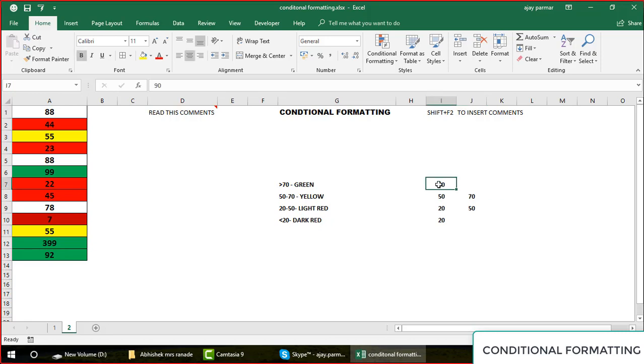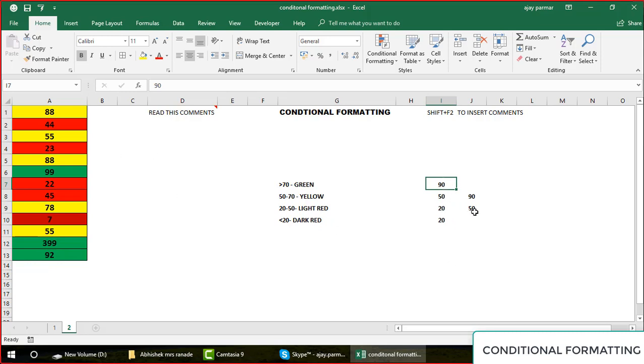If you say that greater than 90 here, then obviously the other target would be 50 to 90. So we will make this 90, right? I press enter, and now you can see the colors will automatically come, because now we are saying 50 to 90 should be yellow, and then greater than 90 should be the green, right? So basically what I'm trying to say is, if you give the proper values, if they are in sync, if they don't have any gap, the conditional formatting will always work, right? So this is how you can change.